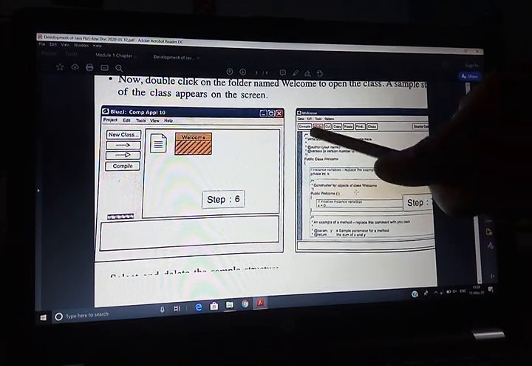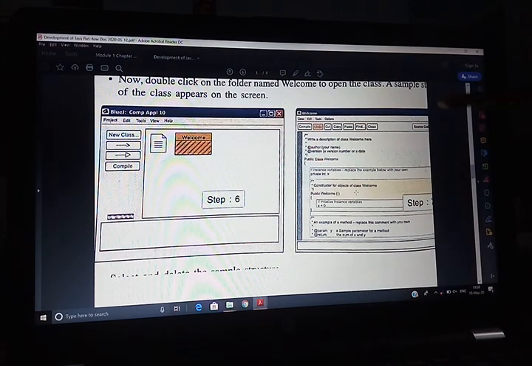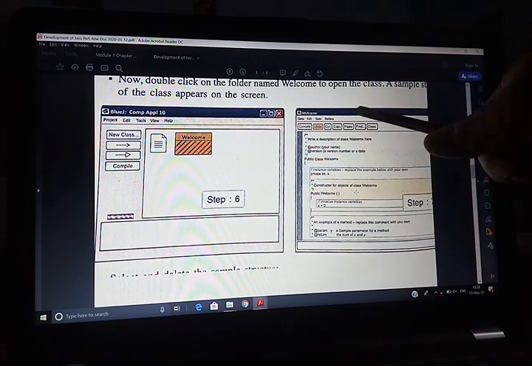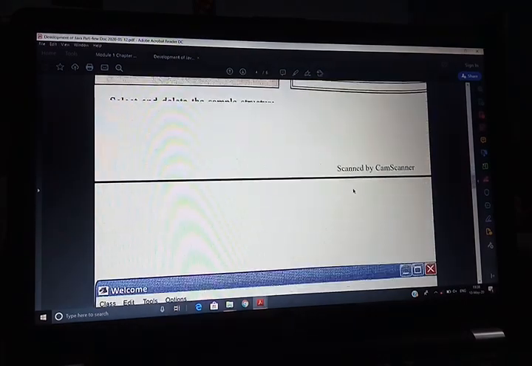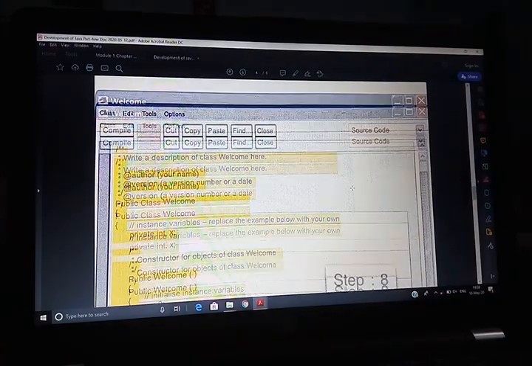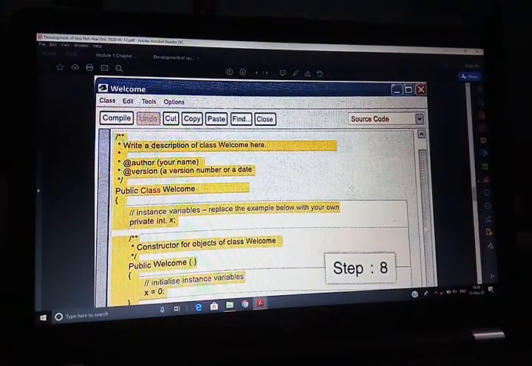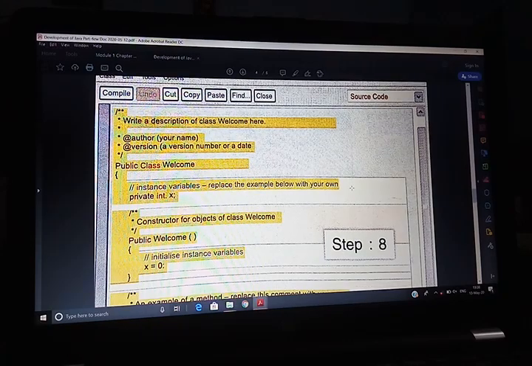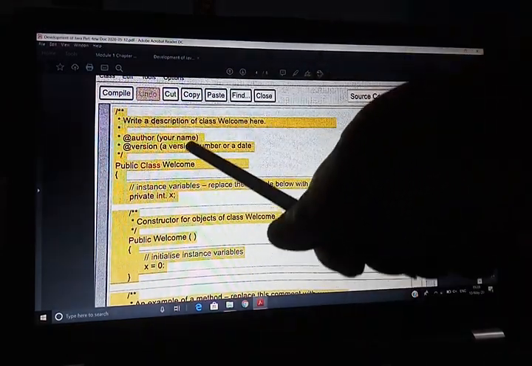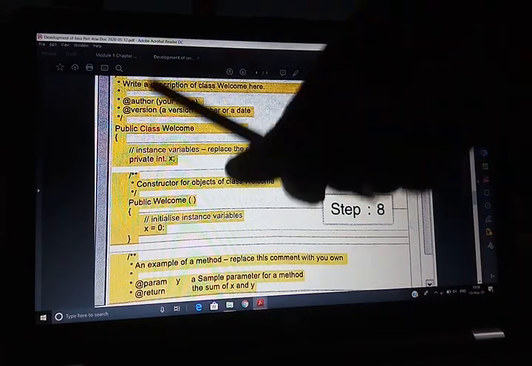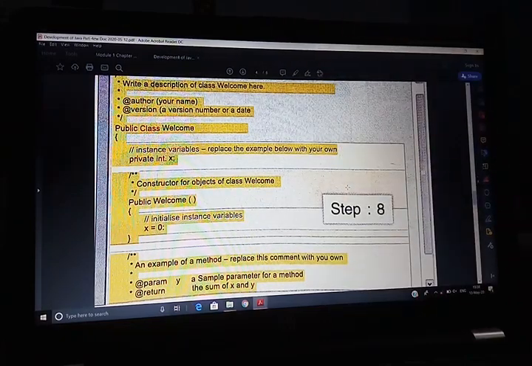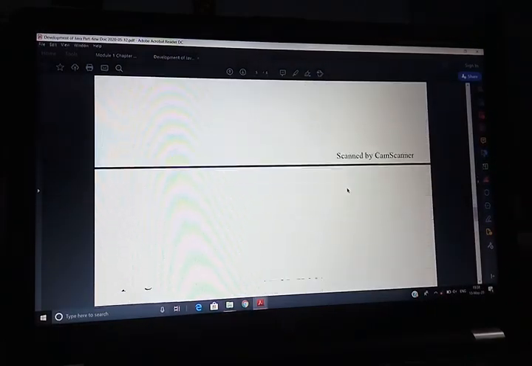All of you select all the lines and press the cut option or delete option, and this whole program is removed. This sample program is selected, and after selecting, you cut it here and delete it.